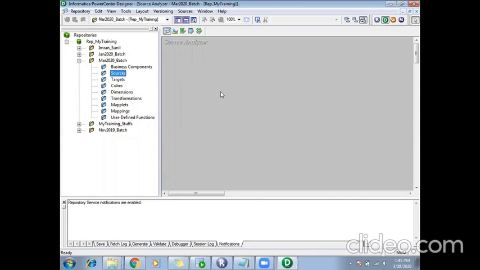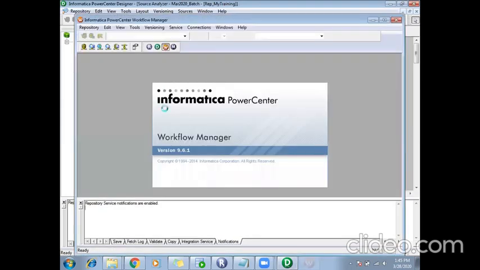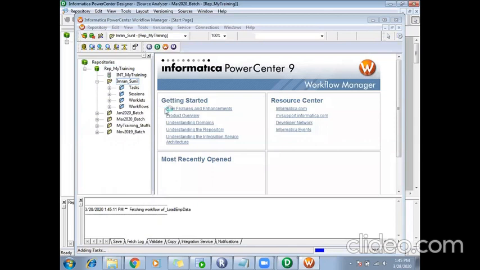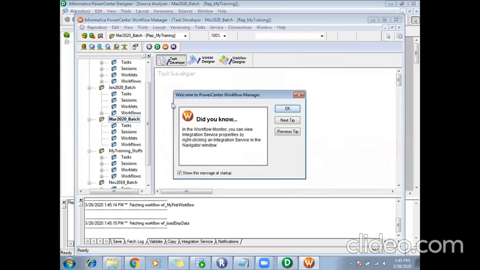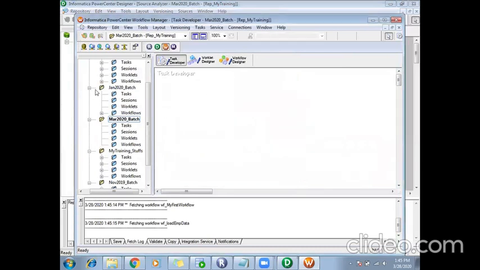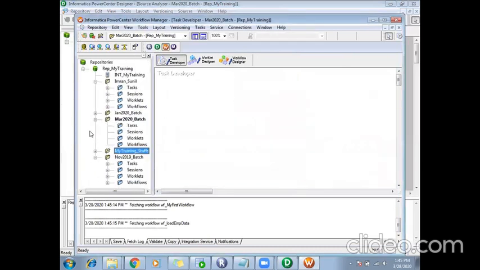So in order to run the code, I have to go to my workflow manager. Workflow manager is the place from where I can call my code written in my designer. Again, the folders whatever I have created will reflect here.